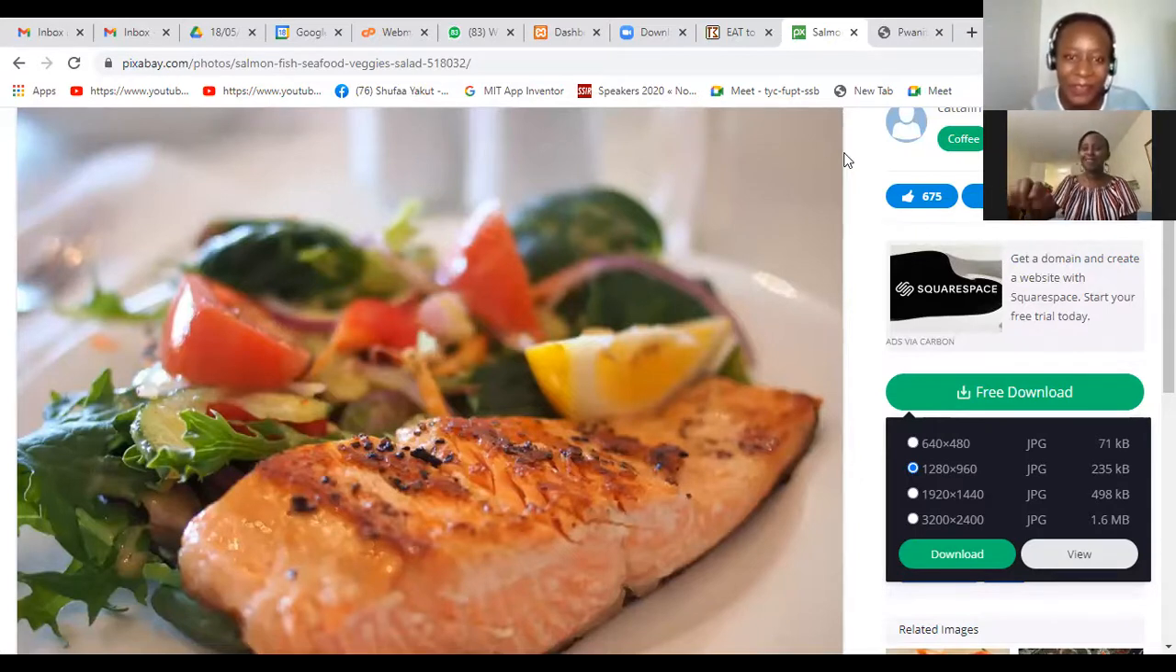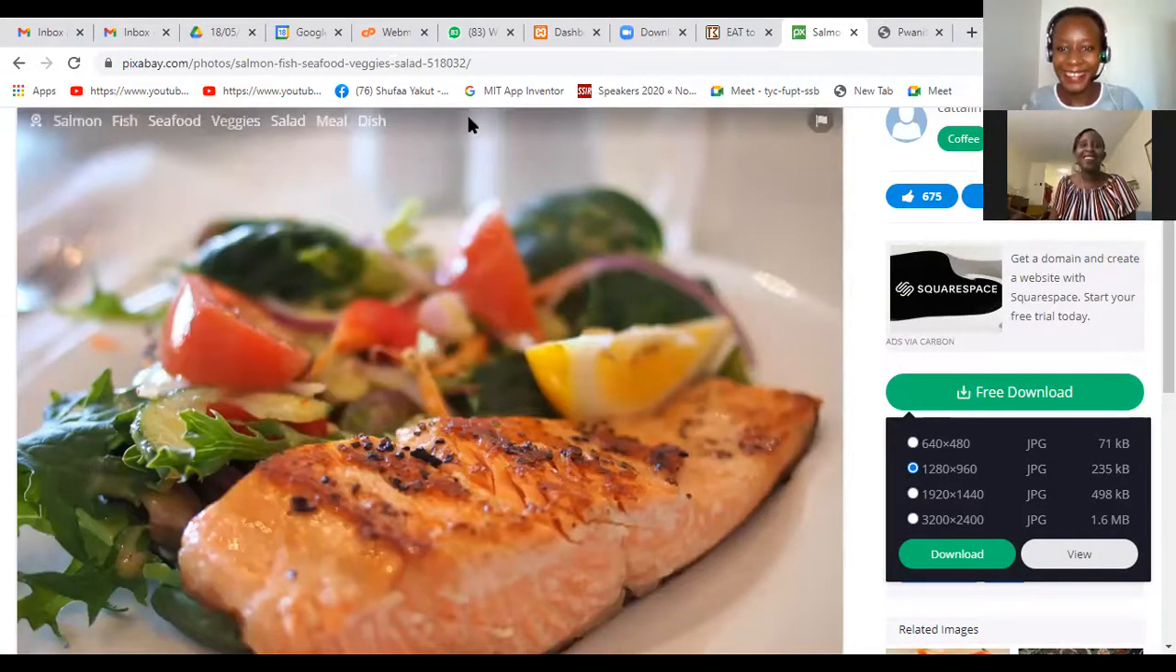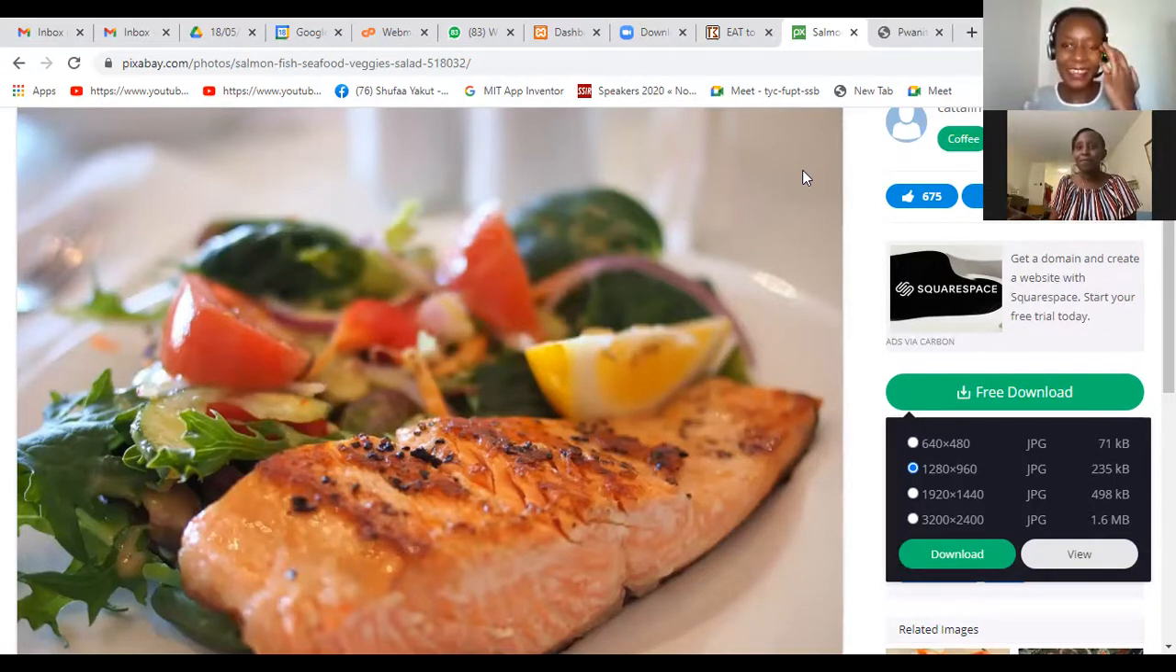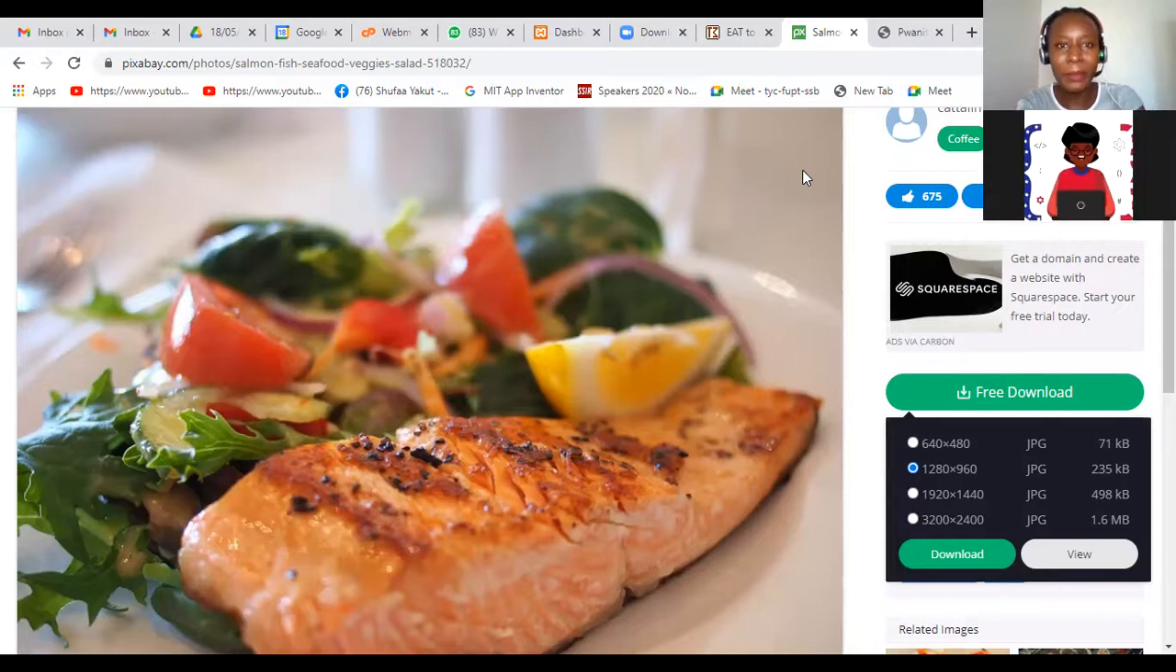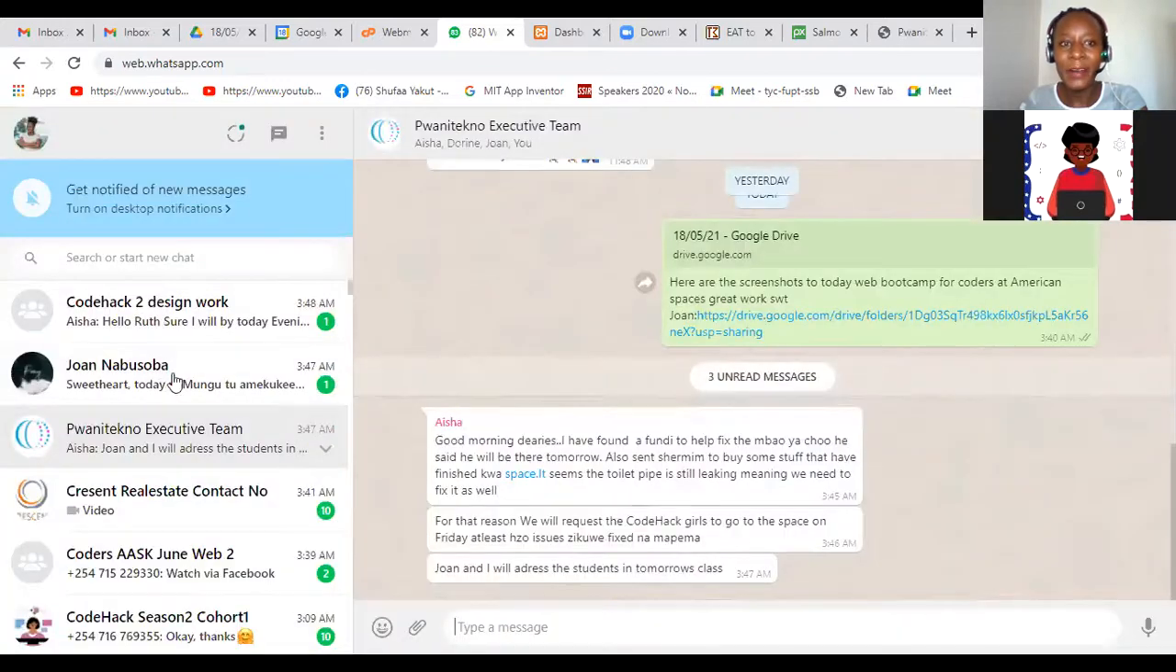Alright, I was just looking at the image that you had just shared. Let me open it and then we will use that image. Fantastic. Great. We are going to download this image, the fish image, to demonstrate how you can